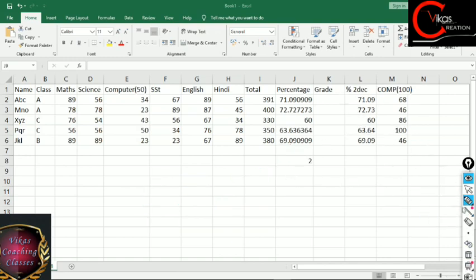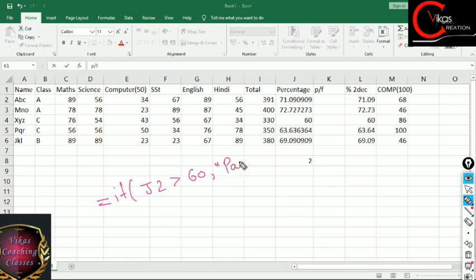we will write a very simple function. I am writing here. I will show you what we have to do. इसको एक बारी कर देते हैं pass/fail. तो देखो आप हम लोग लिखेंगे क्या, we will write equals to IF, then ये जो values हैं ये कहाँ पर हैं भाई, ये J2 में है. अगर J2 है greater than 60 तो कॉमा लगाया. फर्स्ट कंडीशन अगर ट्रू होती है तो पास प्रिंट करना है, अगर फॉल्स होती है तो हम लोगों को फेल प्रिंट करना है, ठीक है. डबल कोट्स भी क्लोज कर देने हैं इधर पे.